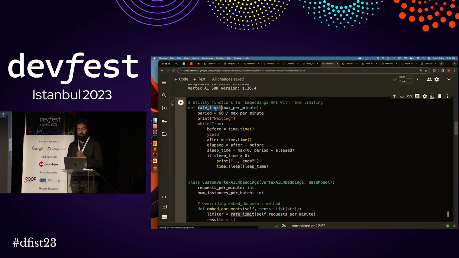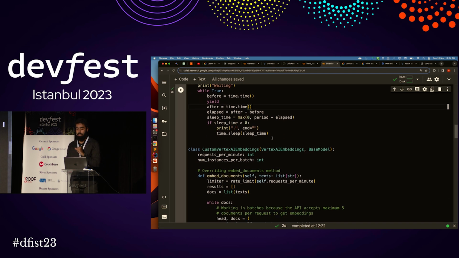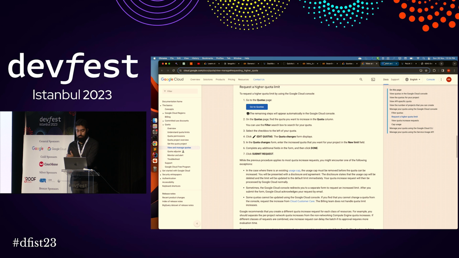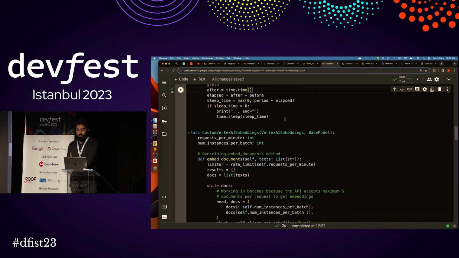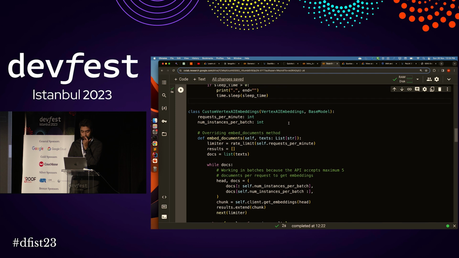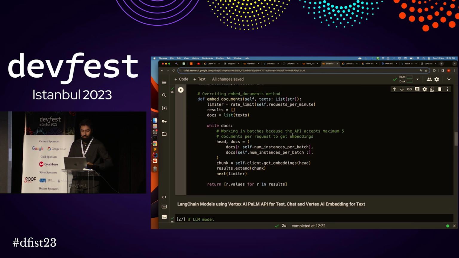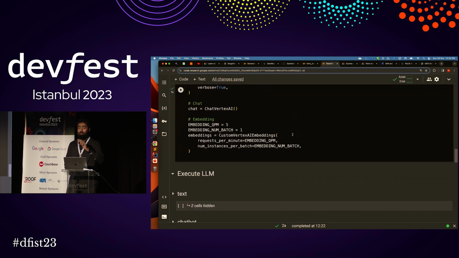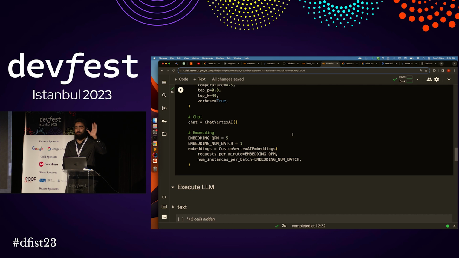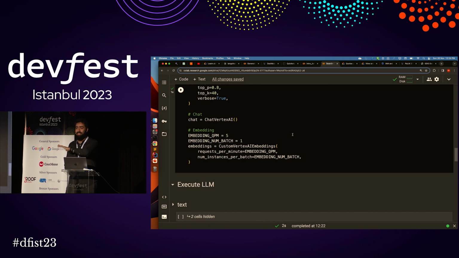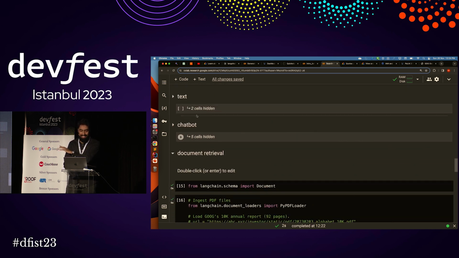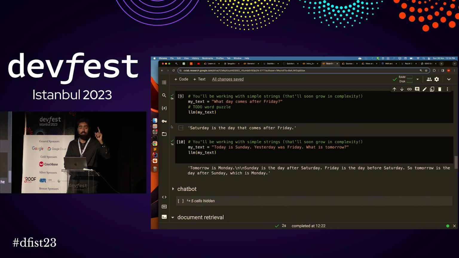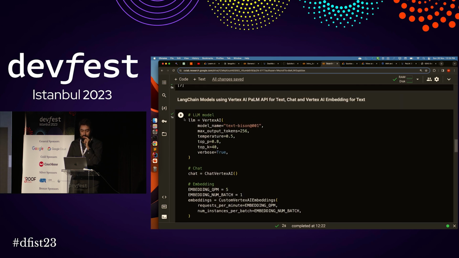And we are using Google's Vertex AI, which includes the PaLM language model, which we'll be using. If you do not want me to go through the code, we can skip the coding part, but if you have questions, you can ask.